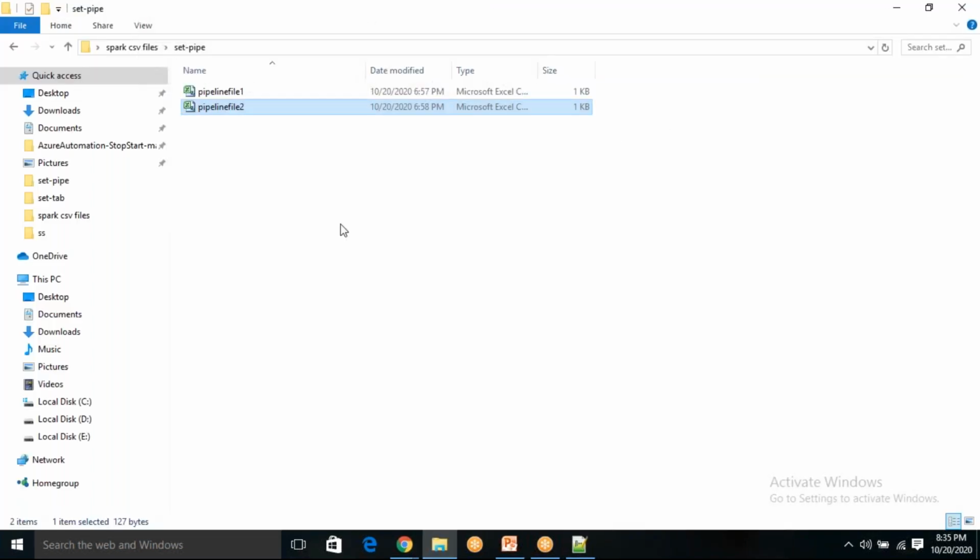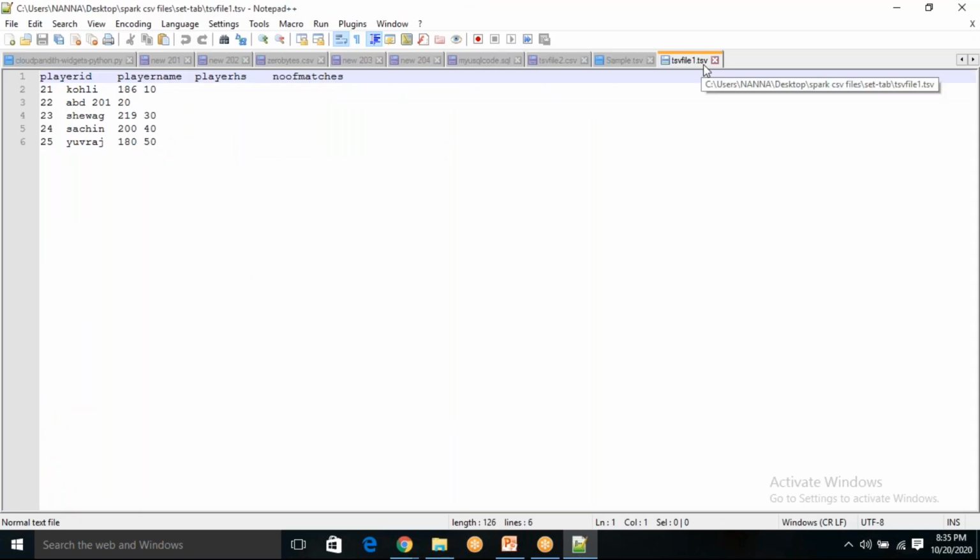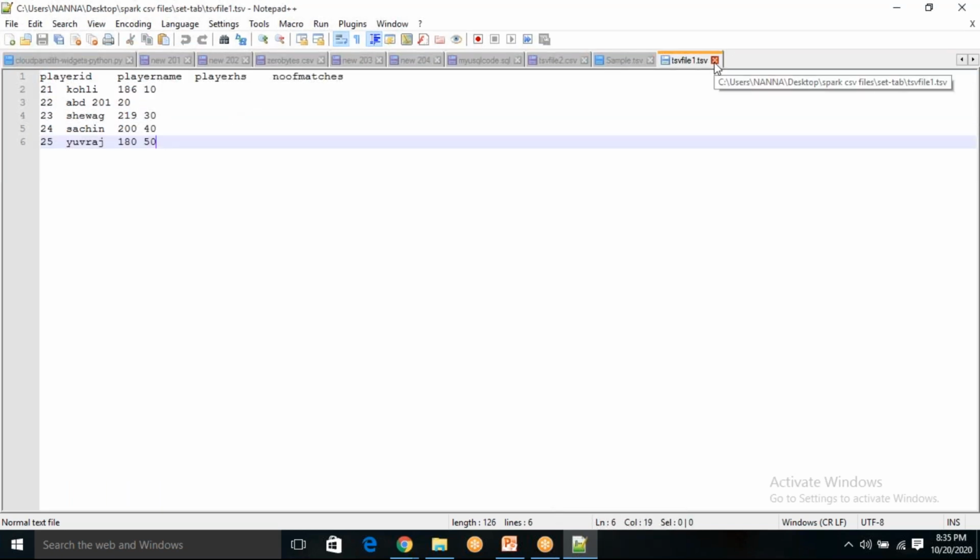Now let me open our third set of files, the tab set. So tsv file 1, it's a .tsv, basically tab separated values. You can see here tab space, tab space, tab space. All these are tab space separated values.